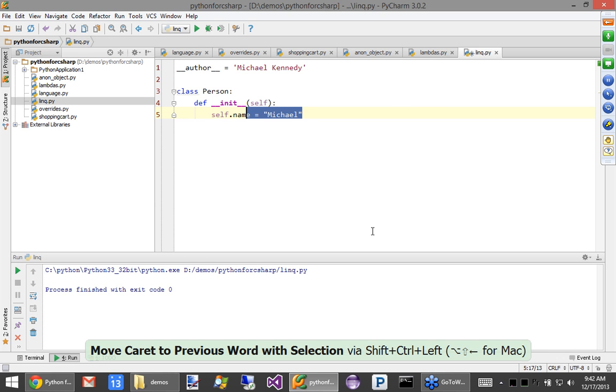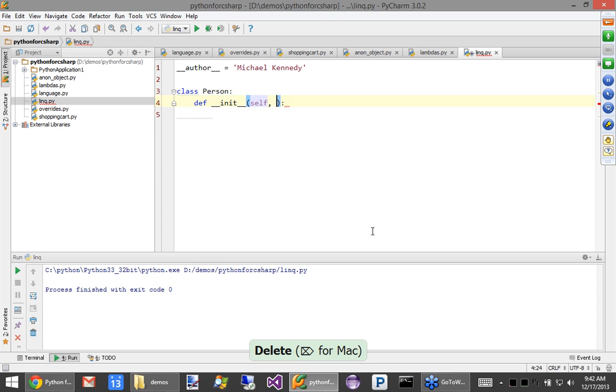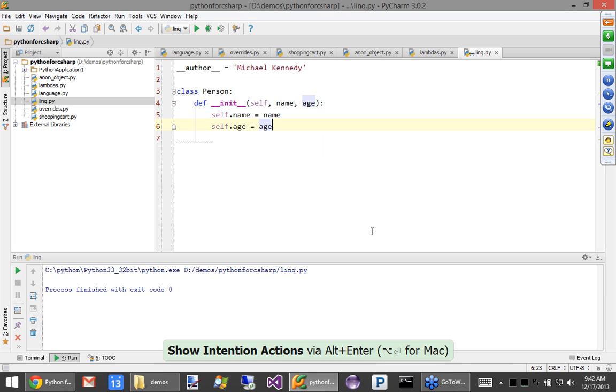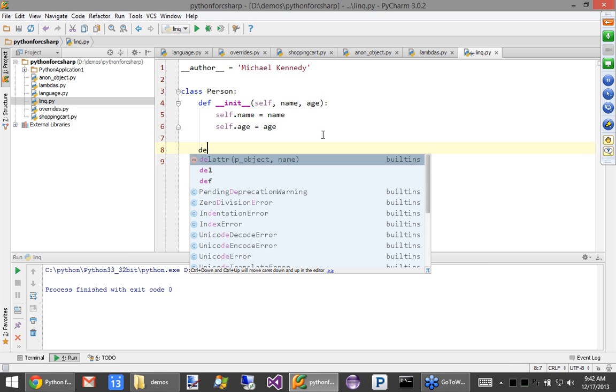Actually, let's pass this in, it'd be easier to do from the outside. Name and age. self.name equals name. And you even have these cool little hotkeys similar to ReSharper, where it'll set these variables for you. Okay, and then let's just do a toString as well.